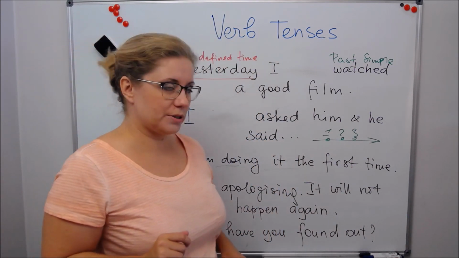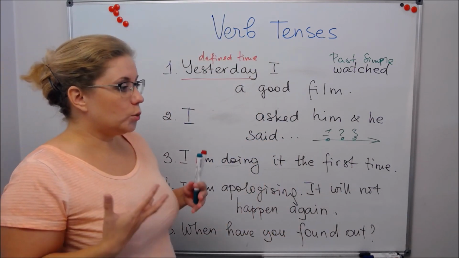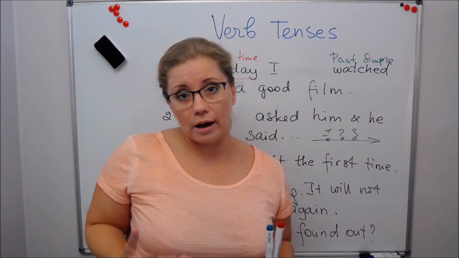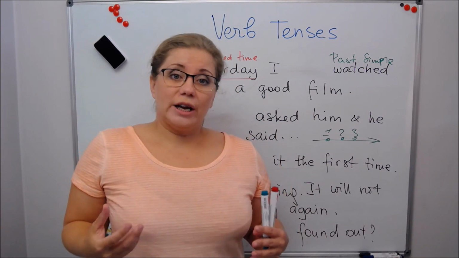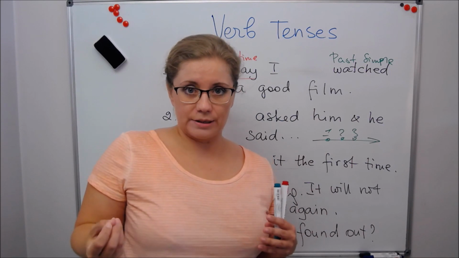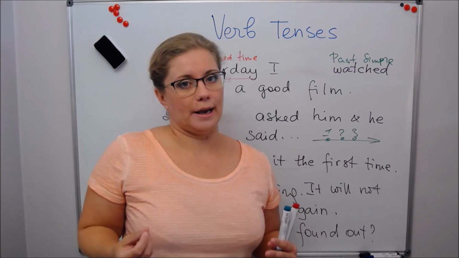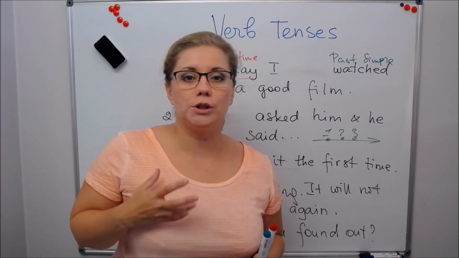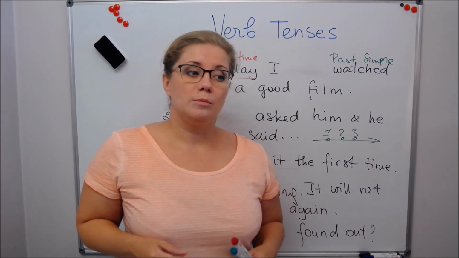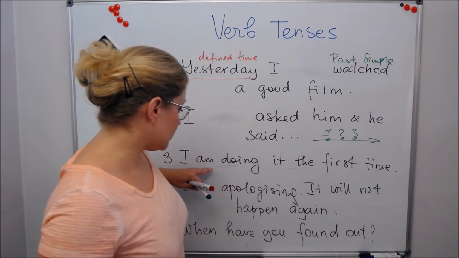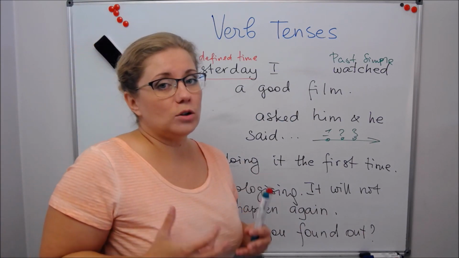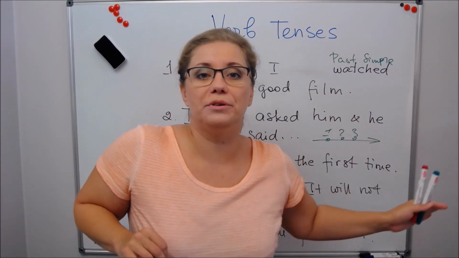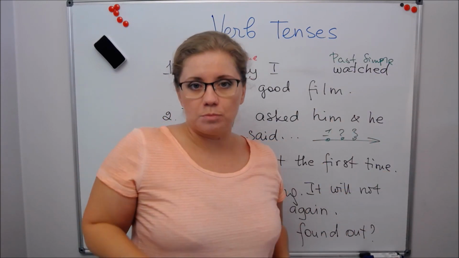"I am doing it the first time." This is a very typical structure. You want to say about your experience of doing something for the first time, right? And none of the present tenses, except for present perfect, will work here. Every time you are describing your experiences, you need to use present perfect, because present continuous, "I am doing", can only describe what you are doing right now without the connection to any previous experience. I can say "I am speaking right now."